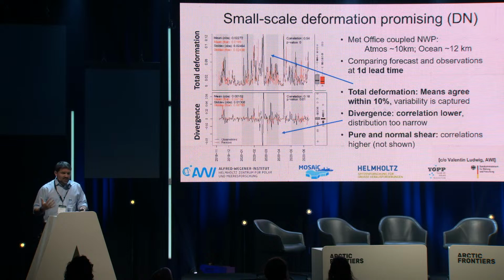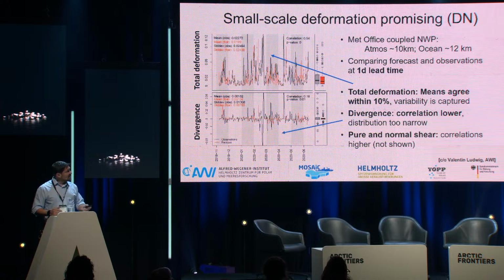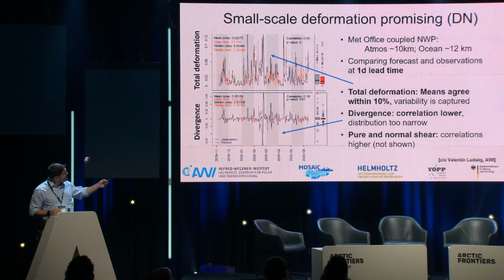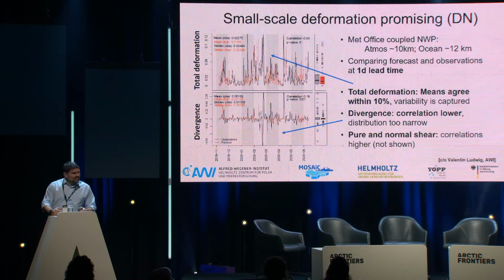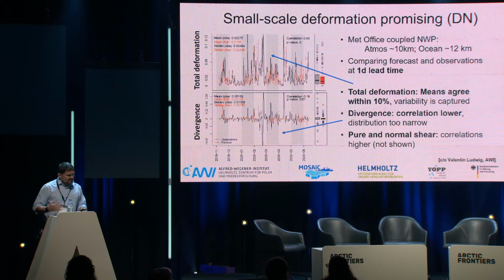And then if we look at the small scale deformation, there is still some skill, which is nice. We're not expecting to do so well with small scale deformation with these sea ice models, which are designed for quite large scale evolution of sea ice. But we still have significant correlations there, a correlation of 0.54 for total deformation. But we're not doing quite so well for divergence, with a correlation of 0.18. But generally, the model is capturing the mean and the variability of the total deformation on the small scales,